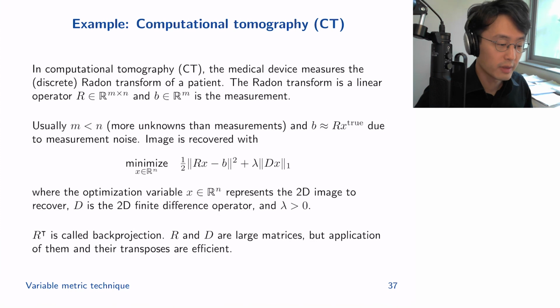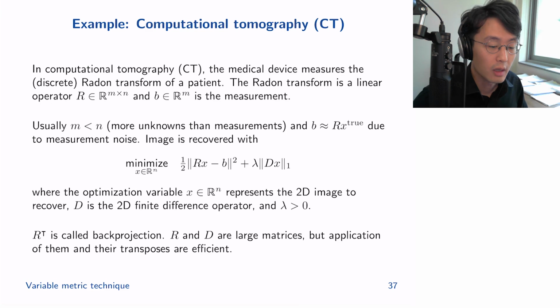As a brief respite from the derivation and analysis of these optimization algorithms, let's take a look at an example that utilizes these algorithms. In computational tomography, in CT imaging, the medical imaging device measures the Radon transform of a patient. It is common to image the chest area of a patient using computational tomography with a CT scan, and when that happens, instead of measuring the shape of the chest itself, the device measures the Radon transform of the